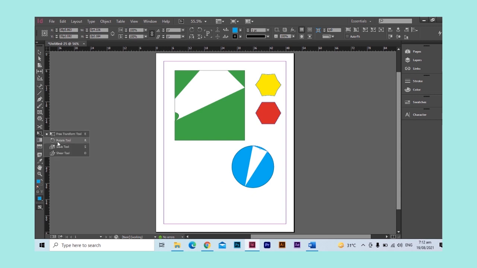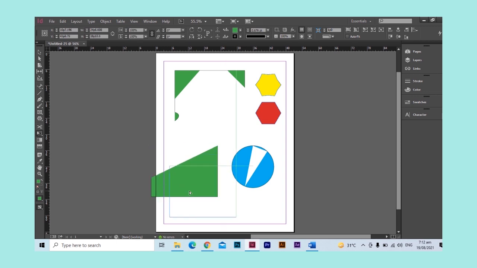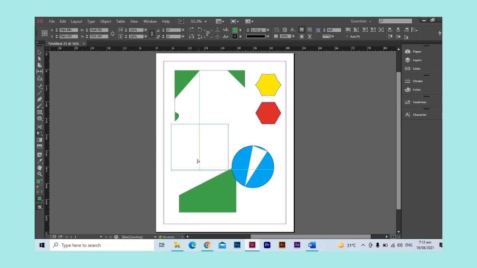So our next tool is the free transform tool. By selecting this tool, you can transform your object freely. And check this. The object is cut because I cut it using the scissor tool.